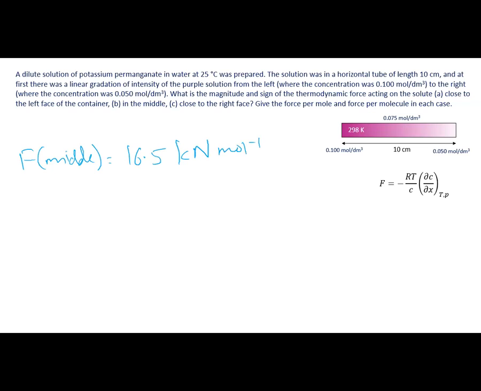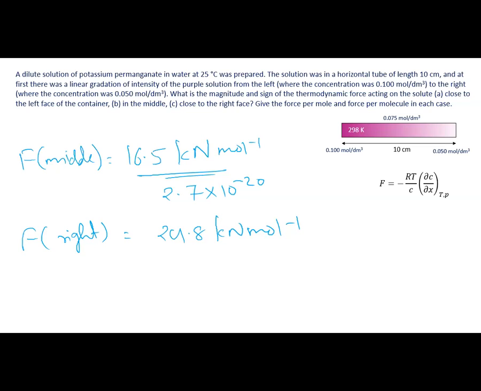In terms of per molecule, it's going to be 2.7 times 10 power negative 20. And the force at the right face is going to be 24.8 kilonewton per mole. Just do the same way as we did for the left. All you need to do is change the concentration in the whole term. In terms of newtons per molecule, it's going to be 4.1 times 10 power negative